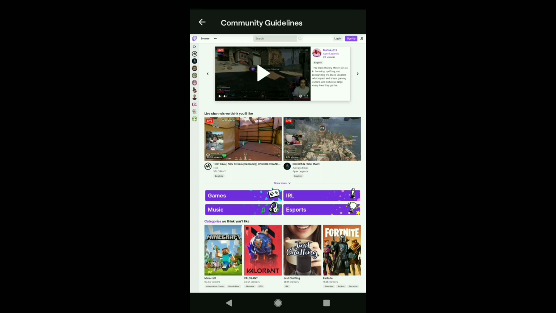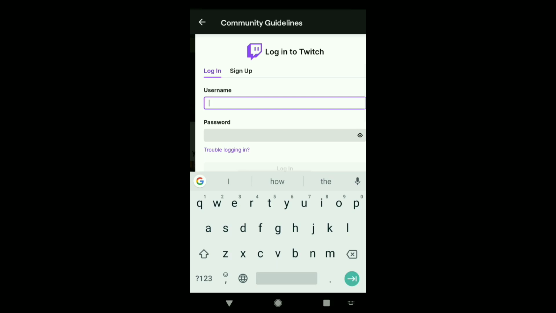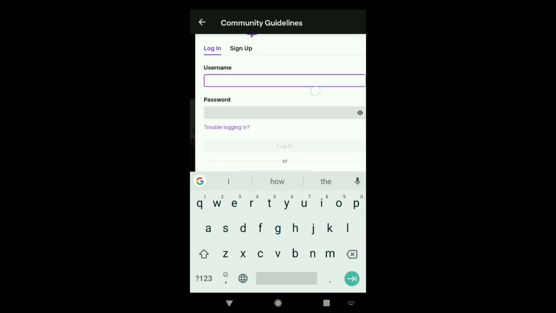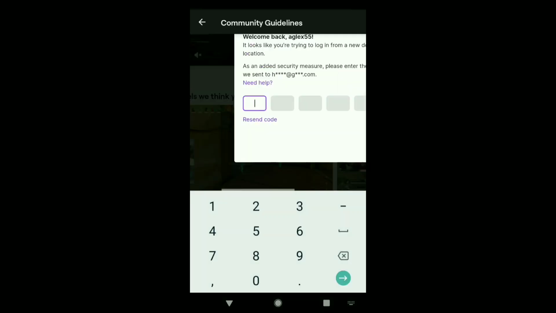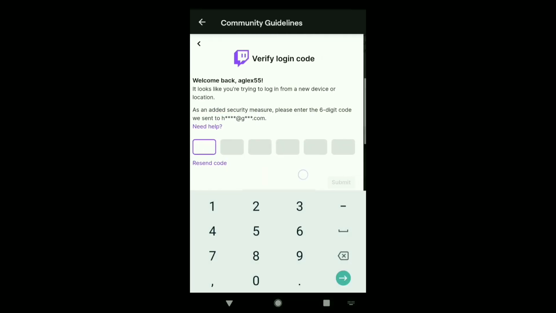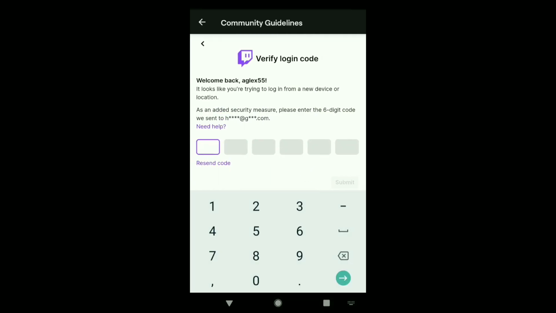Now you're gonna follow the same process. So first here, you need to log into your Twitch account. So click on login and log into your Twitch account using your username and password. So let me do this real quick. And if it asks you for verification as of security reason, verify your login information. They will send you a 6-digit verification code to your email address and you need to enter that code here in this box. So as I already got the code, let me paste it here and then wait for a